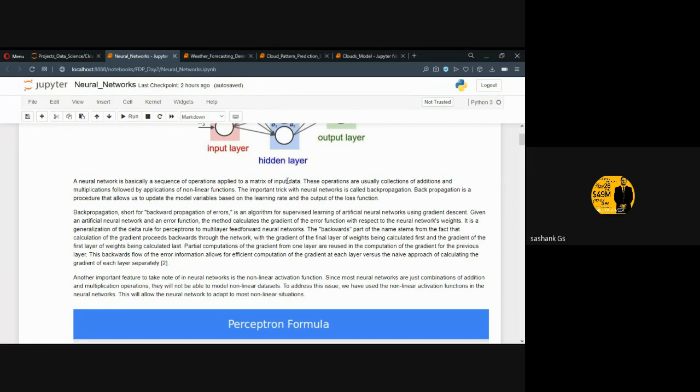So the important functionality of neural networks, why they are superior to machine learning algorithms, is called propagation. There's an important trick with neural networks which is called back propagation. It is a procedure that allows us to update the model variables based on the learning rate and the output of the loss function. It's nothing but relearning the entire model based on the output which the model